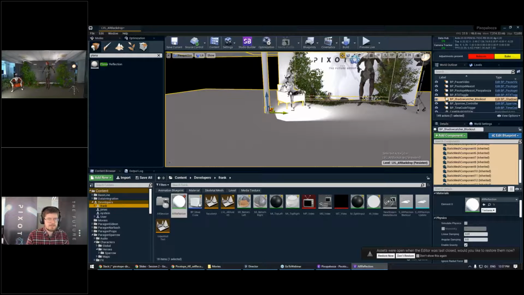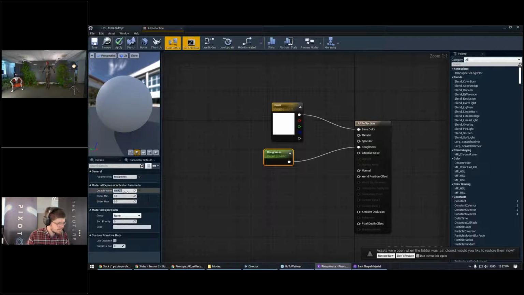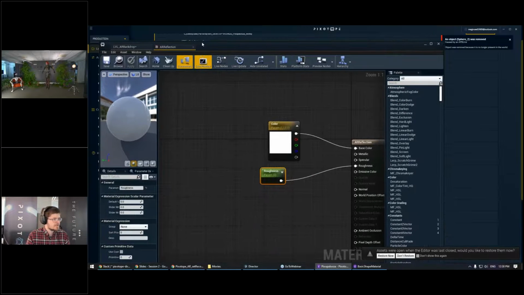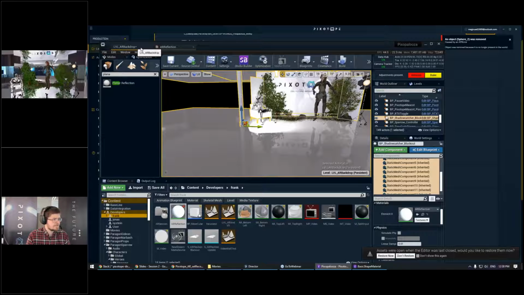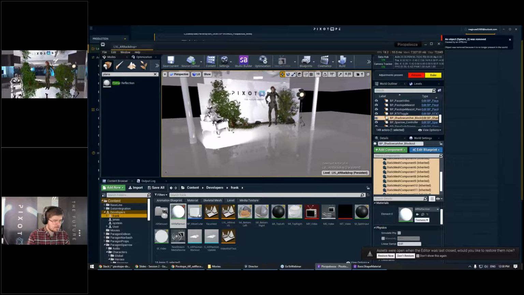And let's just go ahead and give this a smidge of roughness so we can kind of see what's going on. Let's make it perfectly reflective. This is the most basic way you can go about getting reflections into your AR scene on the fly. Make sure that your shadow catcher is actually reflective, as we see here, and ensure that you have reflections enabled in the world settings. And now if I am to go into play mode,